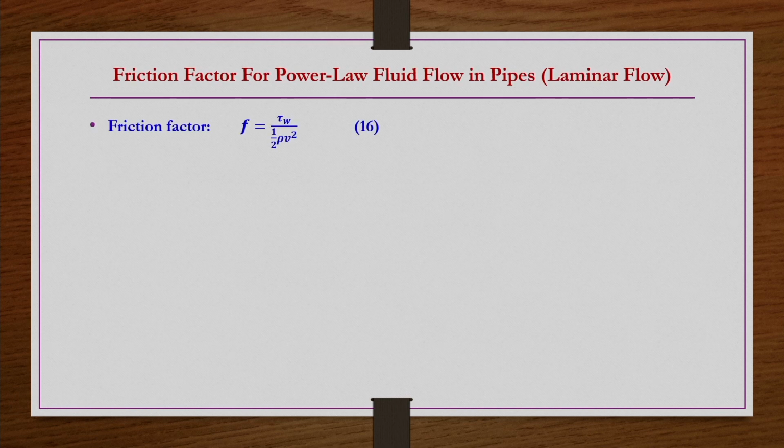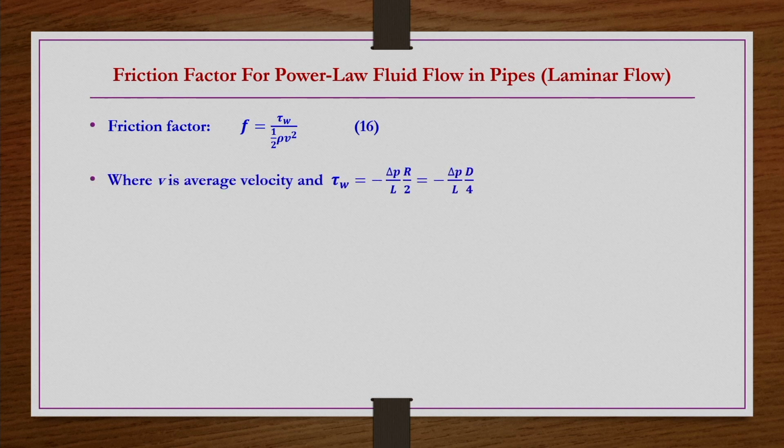So, friction factor, how can we define it? We can define it like a dimensionless wall shear stress, that is, wall shear stress non-dimensionalized using the kinetic energy term, half rho v square, because this friction factor is essential when the fluid is in motion. So this f is equal to tau w by half rho v square is the definition that we have. Now this friction factor we have to find out for the case of power law fluids.